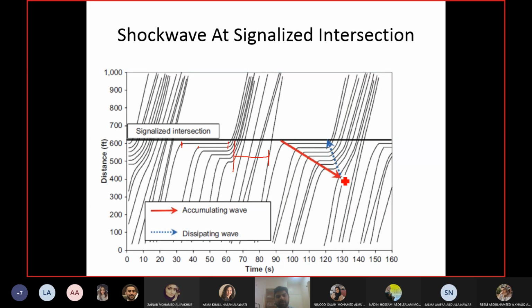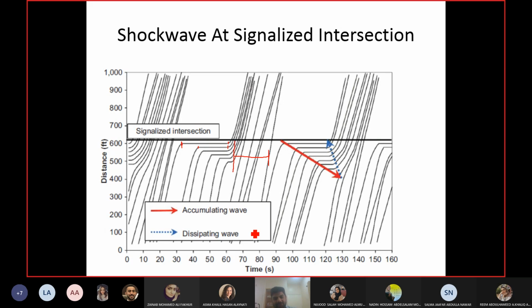So you start measuring from there till the time when the vehicle in the front of the queue was moving. Because until the last vehicle in the queue has a chance to move, the shock wave has not dissipated. The shock wave does not dissipate until you can see the last vehicle in the queue also moving. Sometimes it happens that you are waiting at a signal and the driver in front of you moves slightly for no reason.